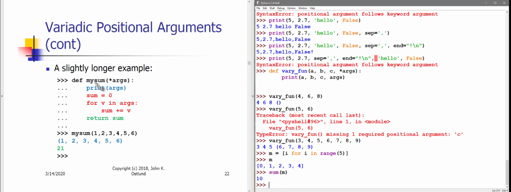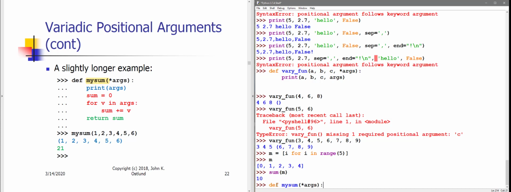What I'm doing here is defining my own sum function that instead of taking an iterable, takes some arbitrary number of individual values. I'm not trying to suggest that you should use this thing I'm defining here instead of the sum function. I'm just using mySum as an example of a slightly longer function definition. All right, so define mySum